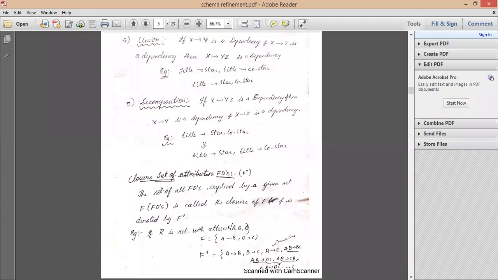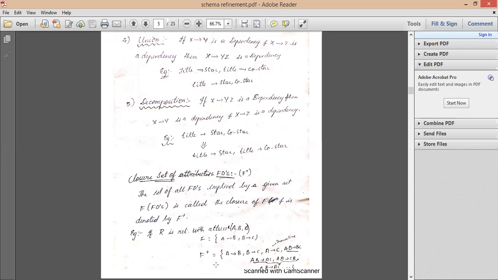Repeated question. Okay. Now find the closure of functional dependencies, or FDs. Here you will be given a relation, and for that relation you will be given functional dependencies, and you need to find the closure. That is denoted as F with a plus on the top, as a superscript.